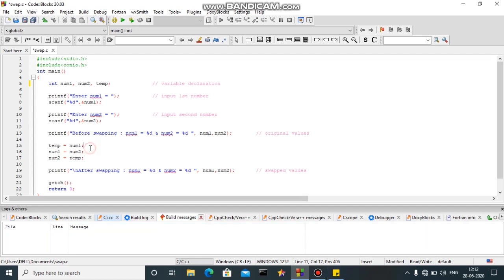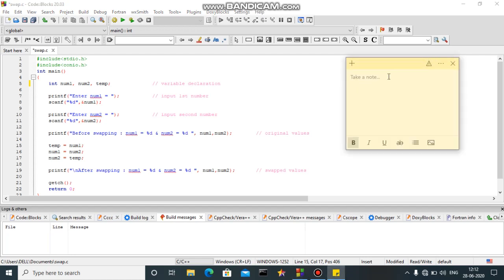See, first of all, I'm transferring the value of num1 to temp.